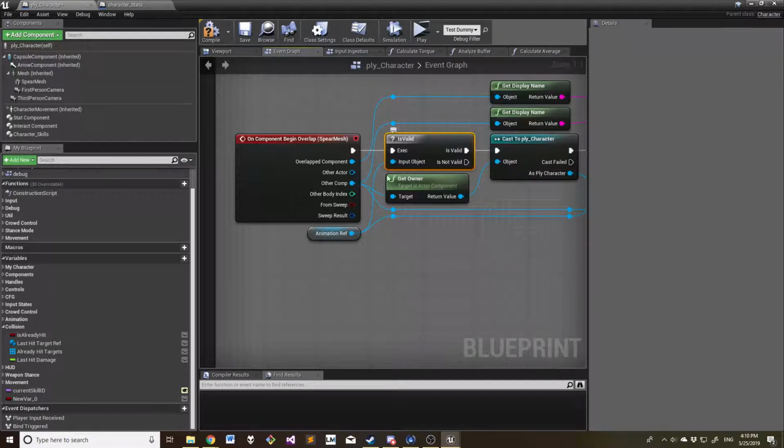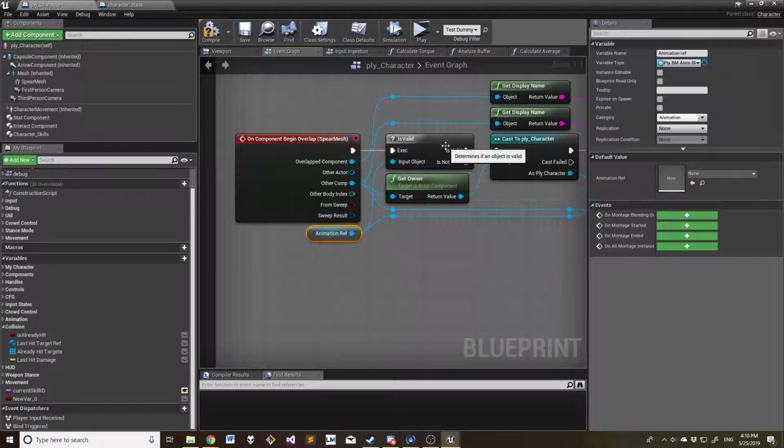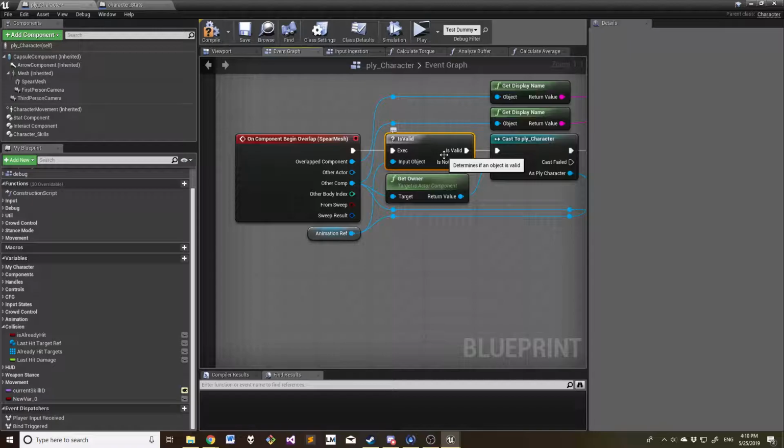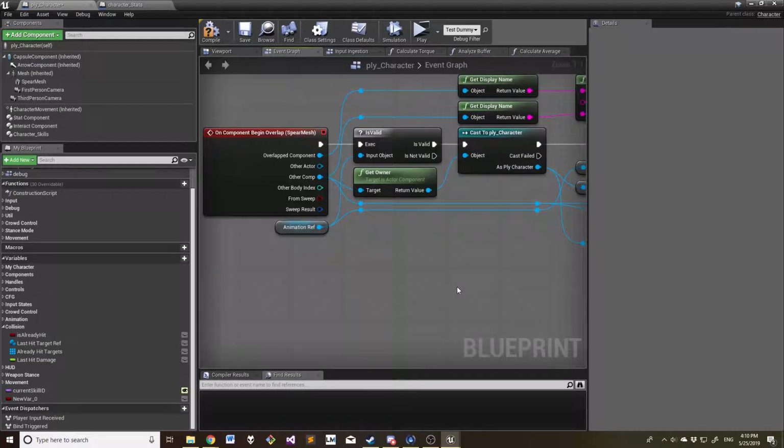You can check to see if an object is valid. In other words, is the object already created in the game already? If it's not, then don't do anything. Otherwise, you get compilation errors that don't really affect the code itself, but they might cause weird bugs later on in the future. So isValid can be used to check to see if there's an object already stored in a reference,